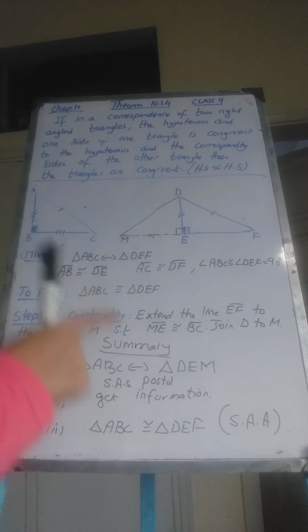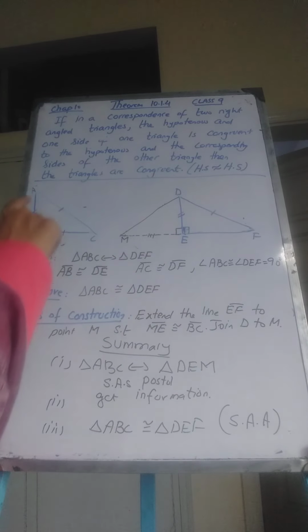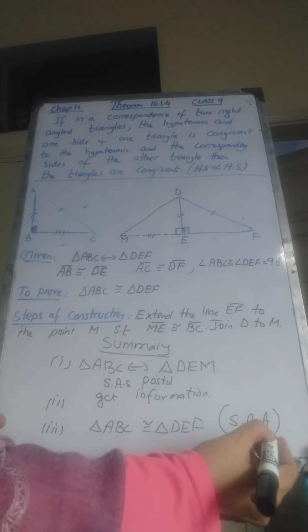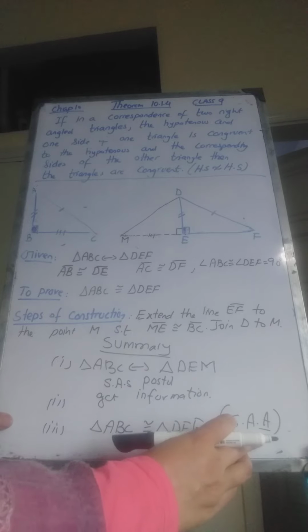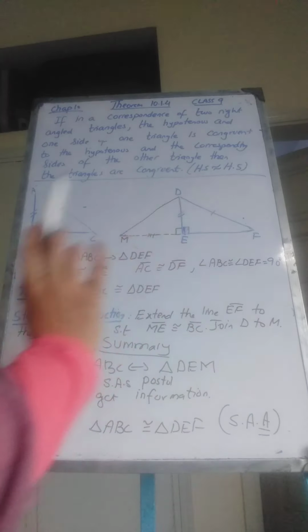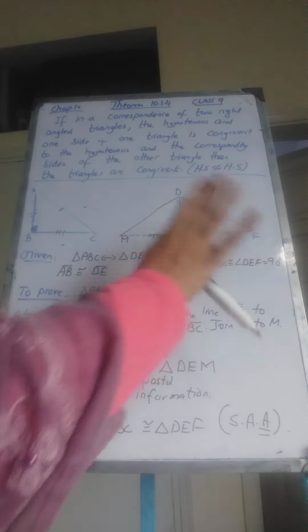But at this stage, we don't have enough information to prove them, because we have one side AB congruent to DE, one angle, but we don't have the third angle. So we have to find the third angle which are equal in these two triangles. That will be angle C and angle F. We are going to prove that angle C and F are congruent, but now we don't have any information about C and F to be equal.